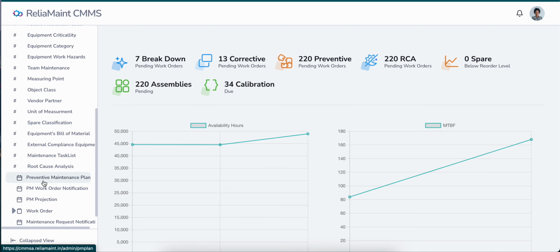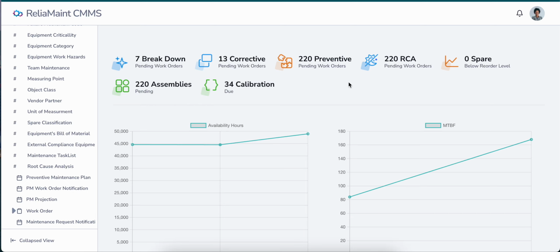If there is a breakdown where the breakdown time is more than 2 hours, or there is a cost factor which, for example, we have taken as 5000 INR, so if it crosses those values, it will automatically open that RCA, root cause analysis form. And these open root cause forms are fundamentally measured here. Okay.